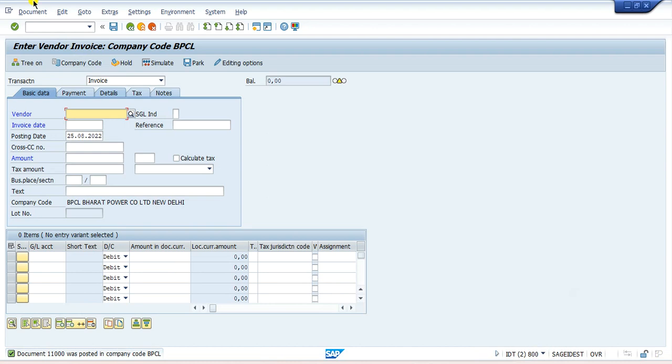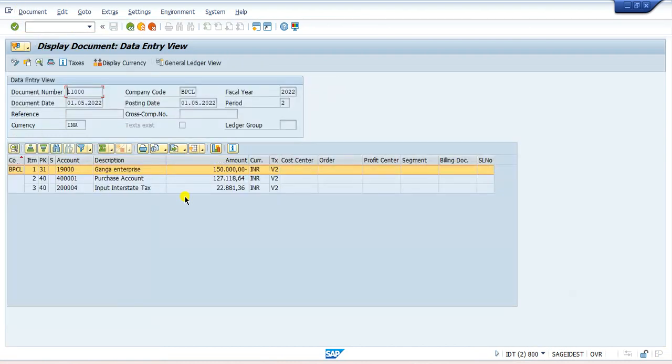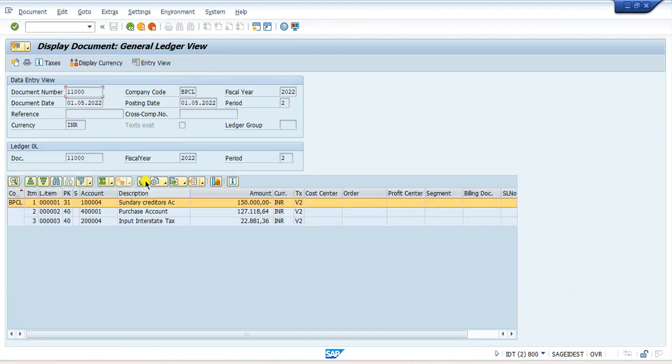the line item, once you have posted, you can see over there. Here in the general ledger view, you can see that in the place of Ganga Enterprise, here is the sundry creditor account. Why is it here? Because the sundry creditor account holds all the creditors to whom we have to pay our amount. Okay, so this is our